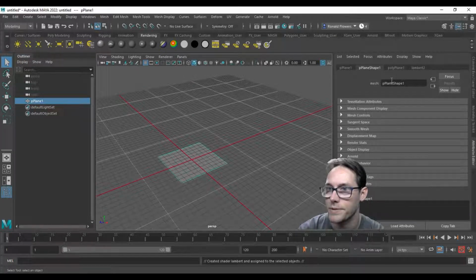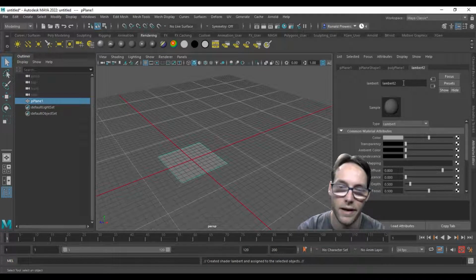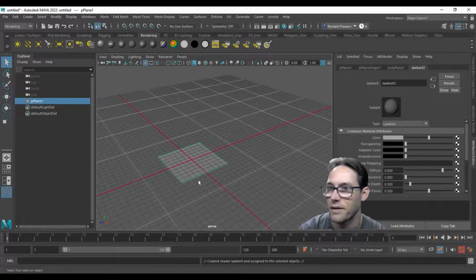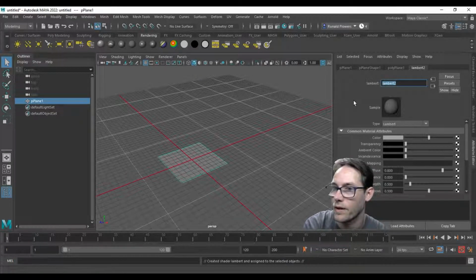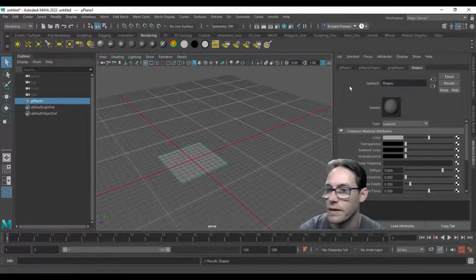And when it pops up, look for Lambert 2. If you have Lambert 1, you haven't done it right. So make sure you get your next Lambert on there. I'm going to go ahead and change the name of that. I'll call that Shapes, and hit Enter. And then I'll go down to my color, go over to the checker box,